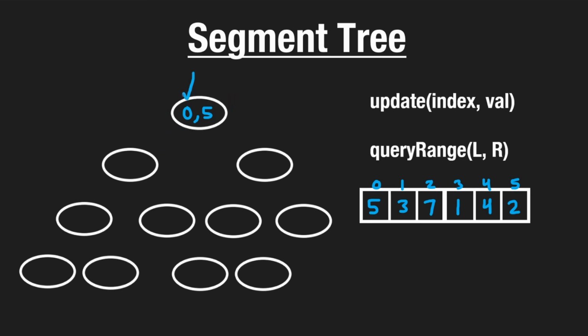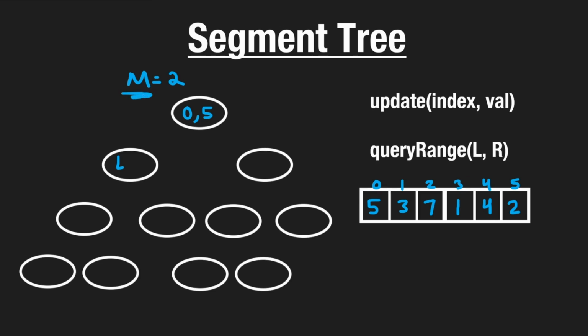So what we do is take the left and right indices, add them together, and divide by 2. That gives us our mid value. So in this case, it'll be 0 plus 5 divided by 2, rounding down. So in this case, our middle value is going to be 2. So what we do is we take the left index from here